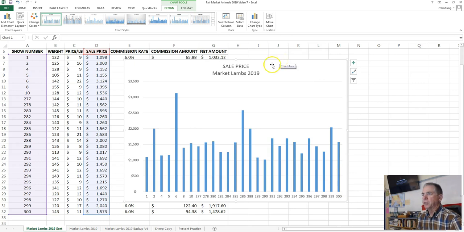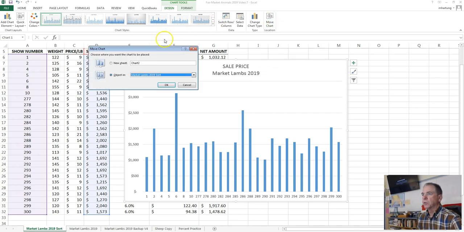Now, the next thing that we can do once we have this basic information in here is move this chart to its own page, make it large, and make it a little easier to work on. So what I'm going to do is click up here to Move Chart. And then you can select either to keep it as an object in this worksheet or to make it a new sheet. So I'm going to click New Sheet and give it the name